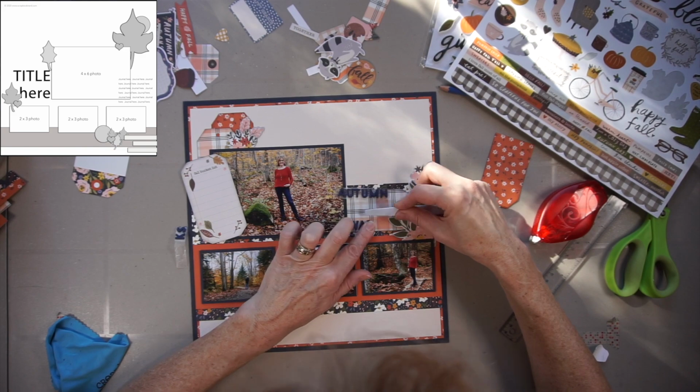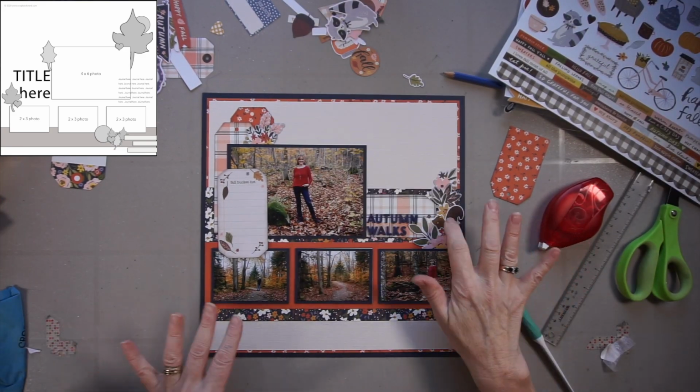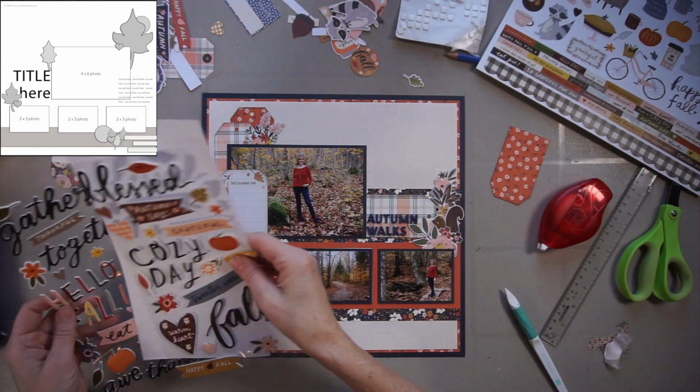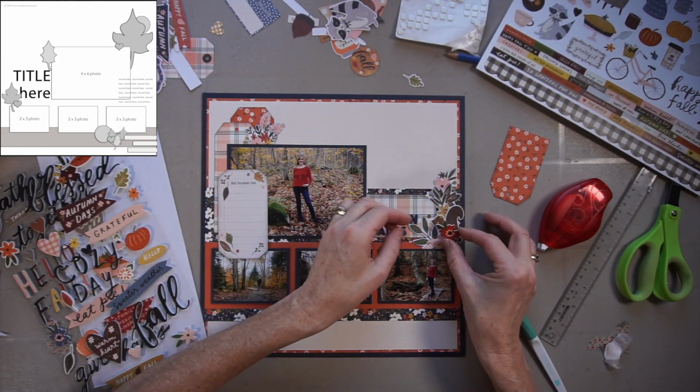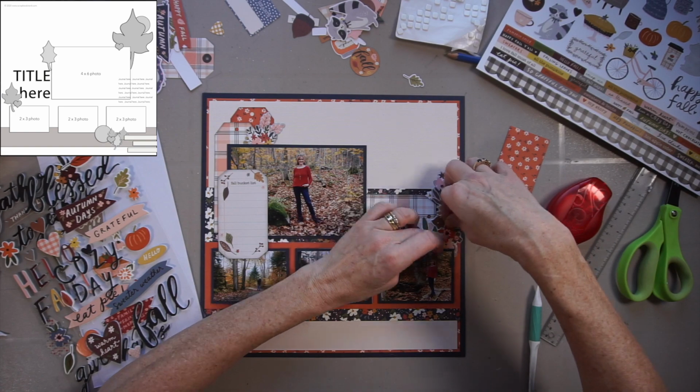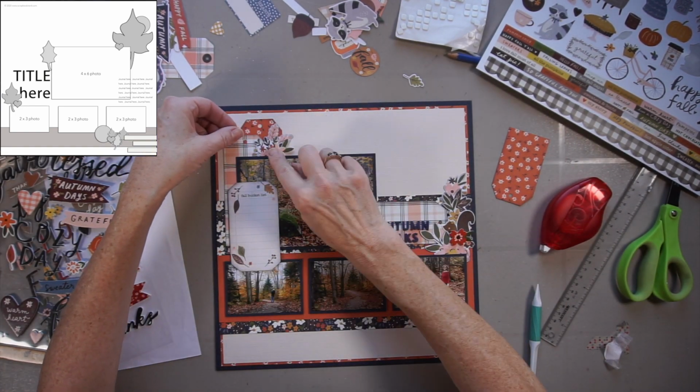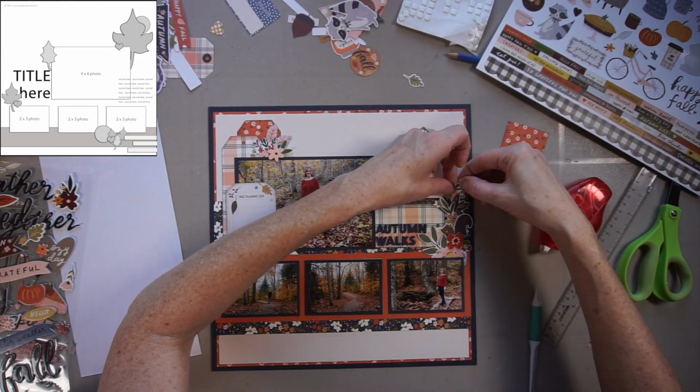And I'm making sure not to place two identical colors side by side. For example, there's a brown leaf there and a brown squirrel, but there's kind of a golden flower in between the two pieces. So now I'm finished, but I do feel I need a little bit of height and dimension